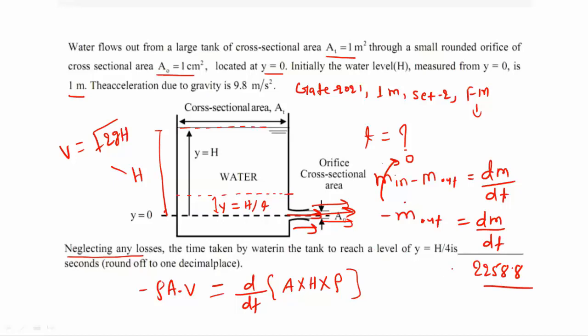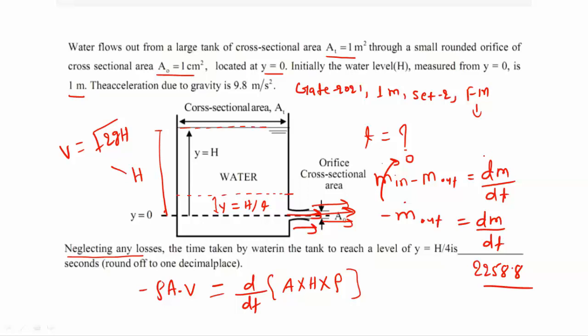Okay, so yes, you can say the level of difficulty of this question is moderate, and I think at least 2 or 3 questions like this we have seen in the test series also. So yes, if you are a student of GATE forum, then I don't think it will be difficult for you. You can solve this question very easily. Just you have to balance the mass flow rate and you will get the answer automatically.